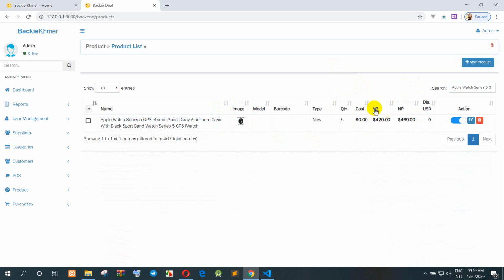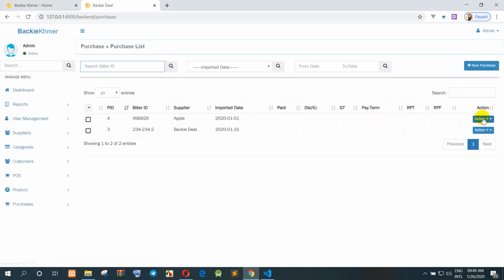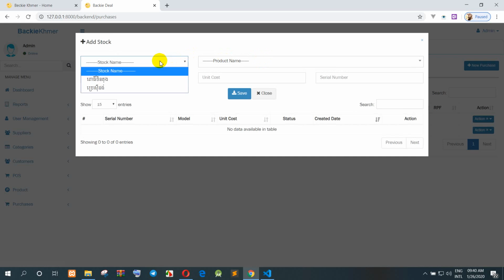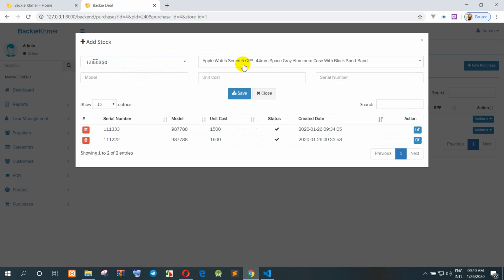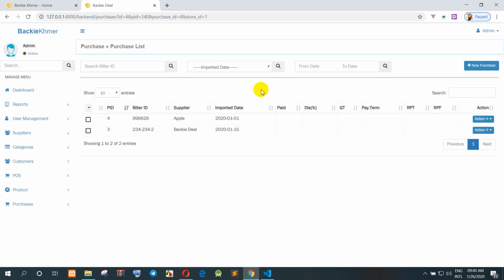Okay, and right now in the value in stock, I want to change the value in stock. In the stock price we have 1,500. So I want to say to our customer,